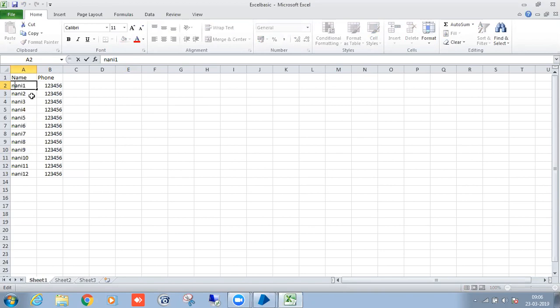My task is to add "M mark dash" like this to every field. So how are we going to automate this? I need to add "M mark" to every name, and for the phone number I need to add a zero at the end, because if I put it before, we can't see it. So at the end of my phone number I need to add the zero character.